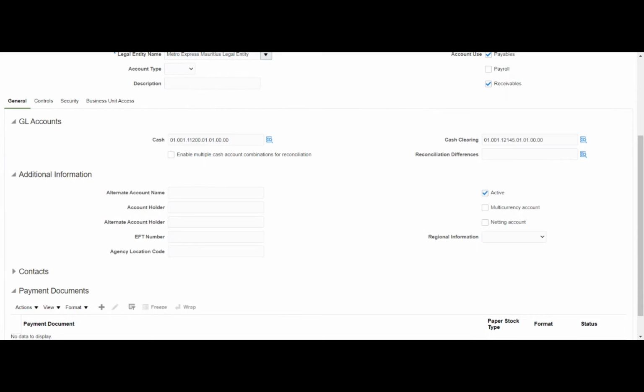The higher ones I'll define separately, so I have the transaction type and other things to define it. But for the other case, the minor difference in charges, I will capture in reconciliation differences. So I can use this account to track those details.